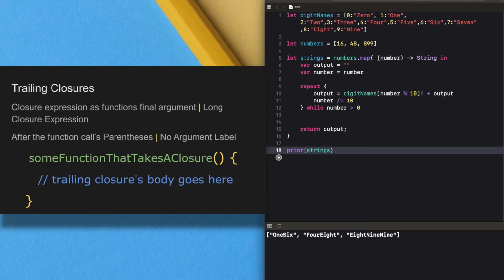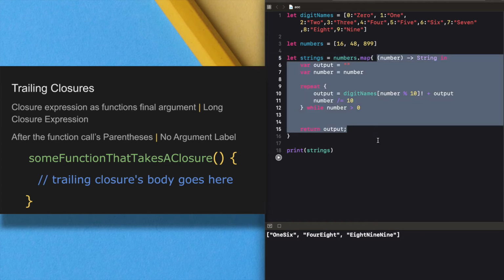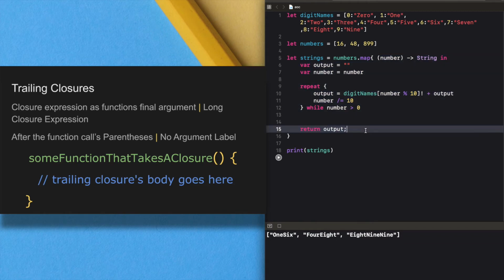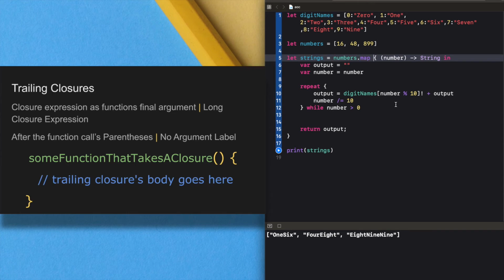This is an example of a trailing closure that has a lot of code. These are the expressions that go after the function's parenthesis.